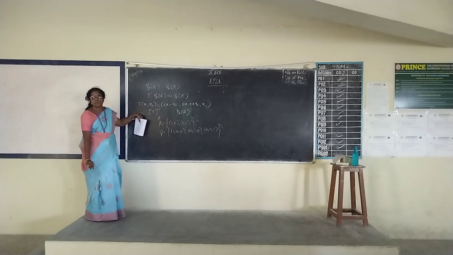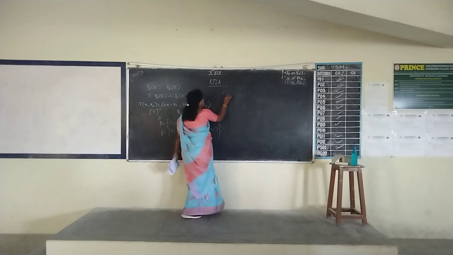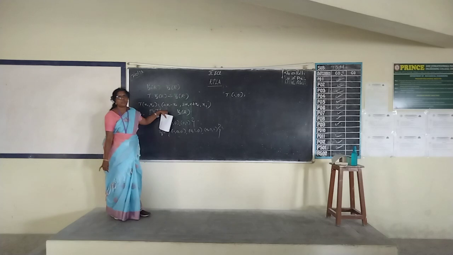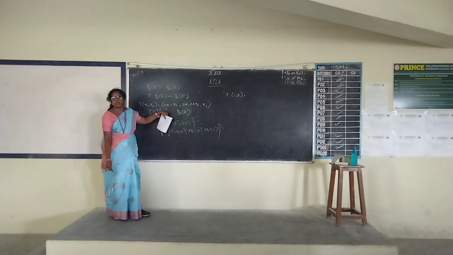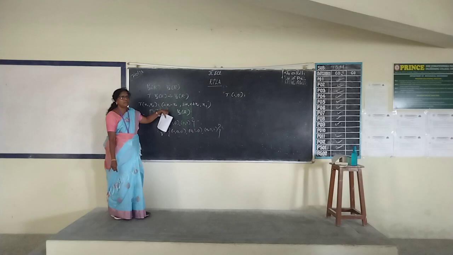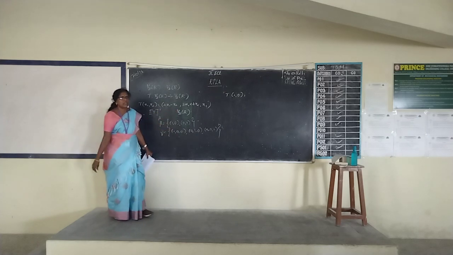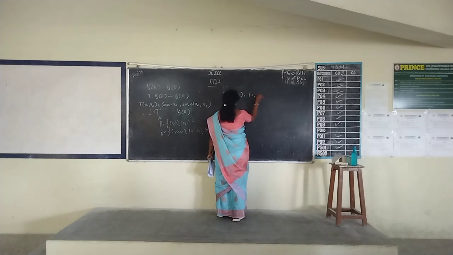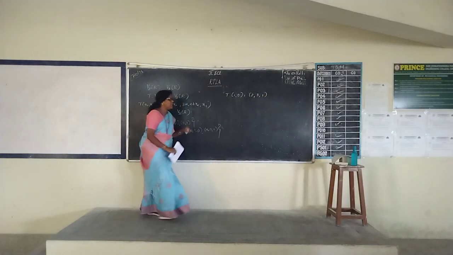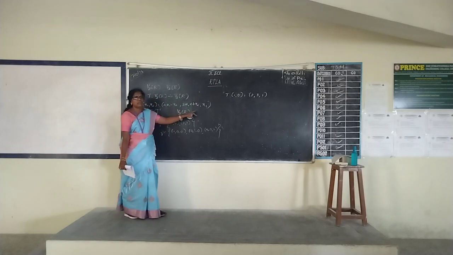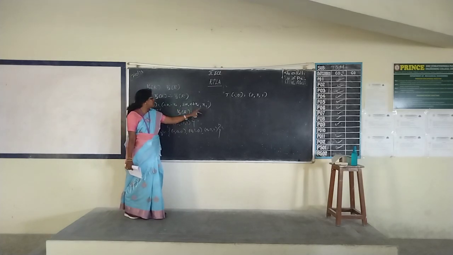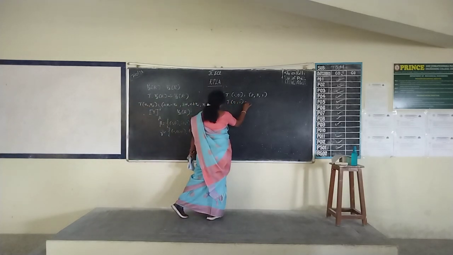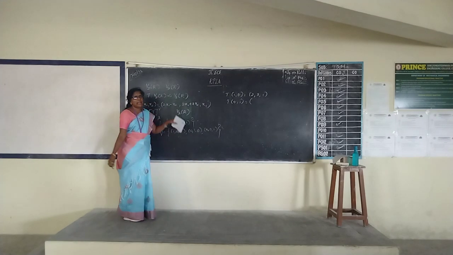Now find the transformation for the elements in beta. What is the first element? (1, 0). What is the transformation of (1, 0)? x1 equals 1, x2 equals 0. So what is the answer you will get? 2, 3, 1. Substituting x1 equal to 1 and x2 equal to 0 everywhere, you will get 2, 3 and 1. Similarly, find for the next one, the transformation of (0, 1). So x1 is 0 and